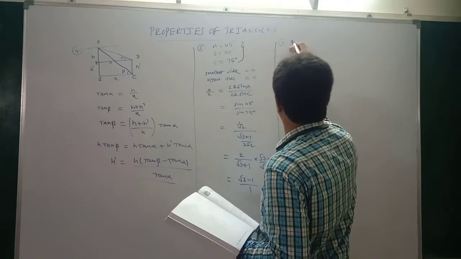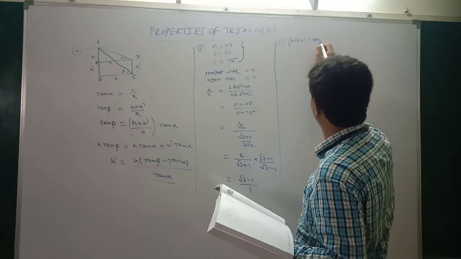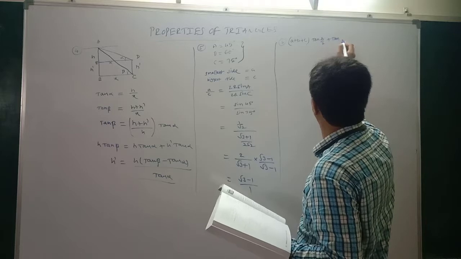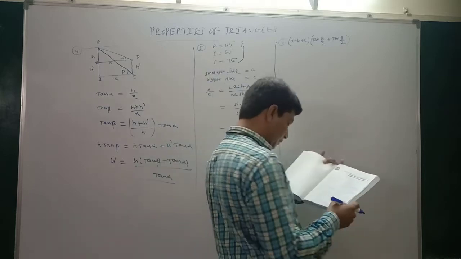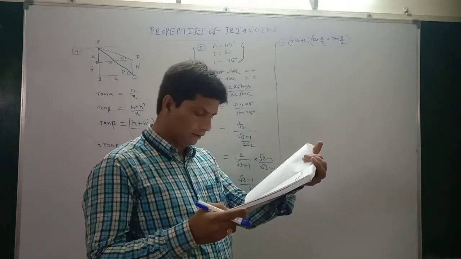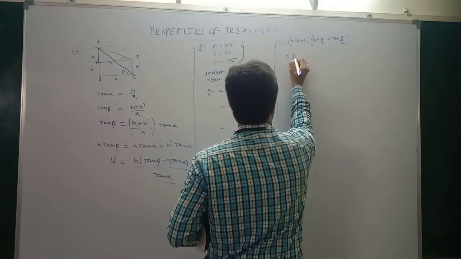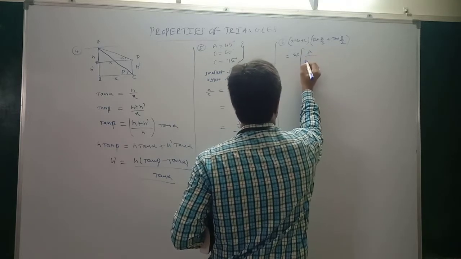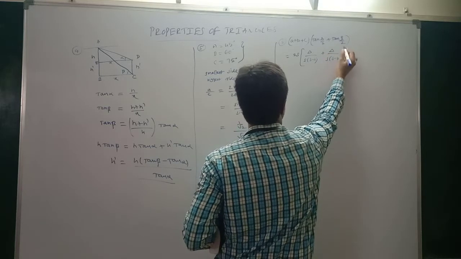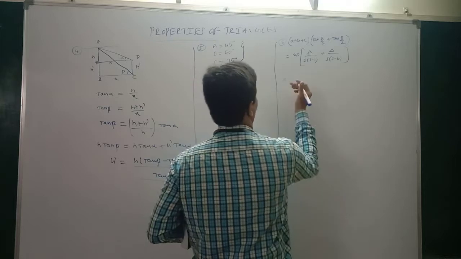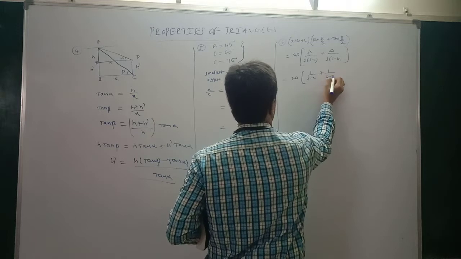Next, sixth problem. We have to find the value of, in a triangle ABC, (a plus b plus c) into (tan A by 2 plus tan B by 2). This value you have to find. Options are given in terms of 2c cot C by 2, 2a cot A by 2, 2b cot B by 2 and tan C by 2. What is the value of a plus b plus c? 2s. Tan A by 2 formula is delta by s into (s minus a). Tan B by 2 is delta by s into (s minus b). If you take delta by s common, s gets cancelled. So this is 2 delta by what? 1 by (s minus a) plus 1 by (s minus b).